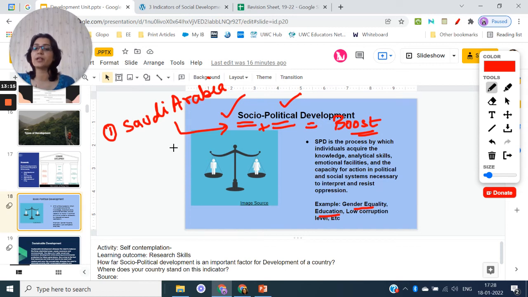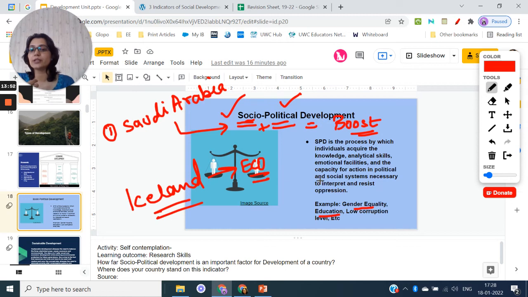It has started opening up its economy. It has started progressing on the social front. Why? Because definitely it will boost its economy also. For political development, you can pick a similar example of Japan or Rwanda, right? Or even Venezuela as the counterclaim in your example. So these are a few examples you can think of. Another example of gender equality is Iceland, where gender equality is pretty high. Now, due to this, think about the economy of this country, right?